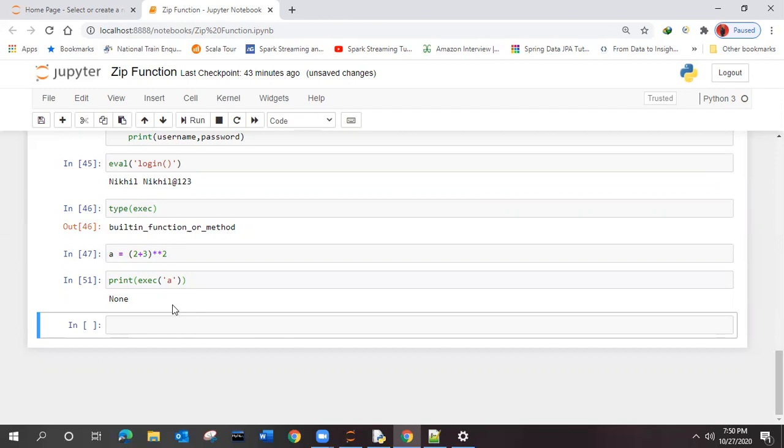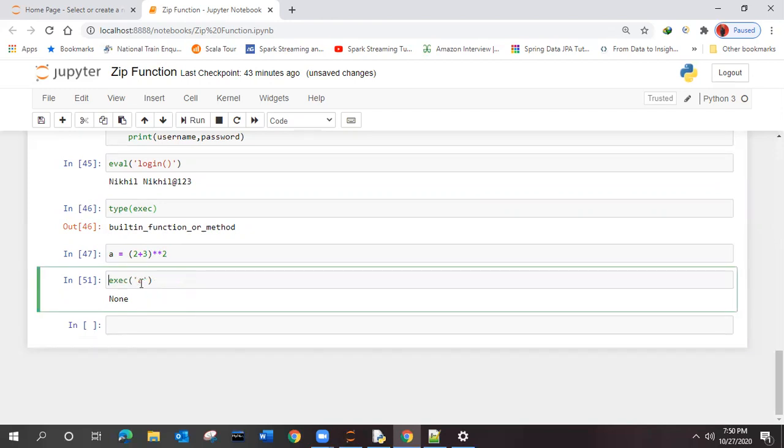Execute of A is not returning anything to print, right? Because of that, it is not printing anything. So the basic difference between execute and eval: eval will return some value, execute will not return anything. It will always give you None.